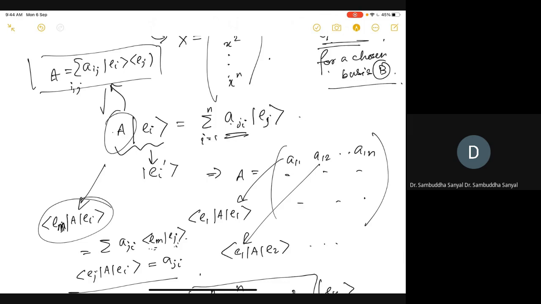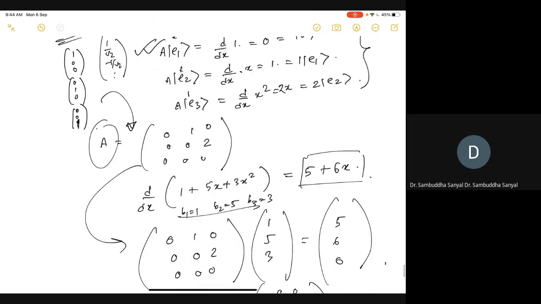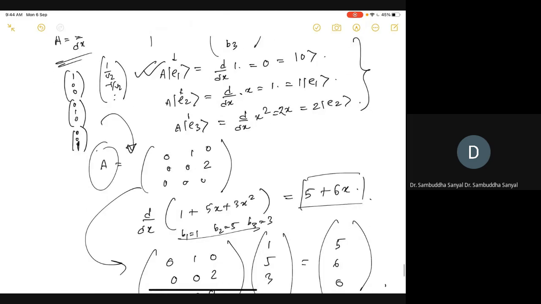So if you define your A to be like that, then it also does the same job. In the same spirit, you can also define your A to be some linear combination of Aij Ei Ej. Since you now know this notation of the outer product, you can construct this exact same matrix by this same E1 EJ, and you can also do it for any arbitrary basis.